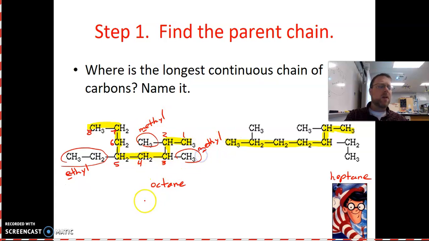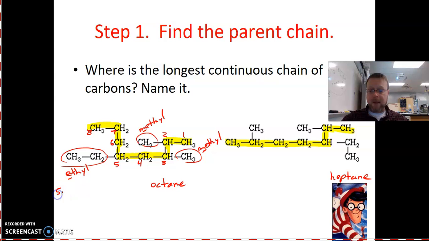And if you have more than one attachment of the same type, then those can have prefixes that tell you how many of those attachments you have. In other words, these names are already so long, I would not want to say the word methyl twice here, even though there are 2 methyl attachments. So I could take care of both of those by putting a prefix in front of methyl that tells me there's 2. The prefix for 2 is di. And so I could say that I have a dimethyl. Now, I would also need numbers to say where those things are. Okay? All right, so all together, just to give you an example here, the name of this compound